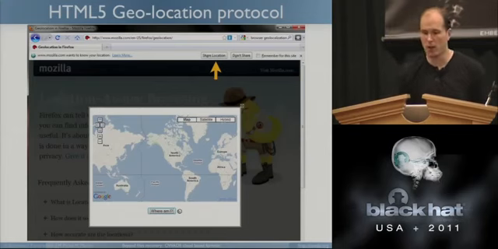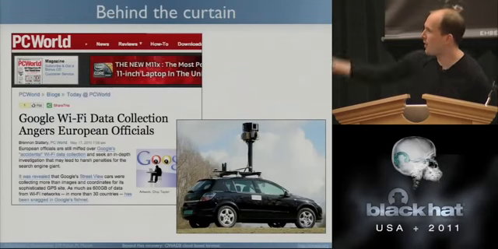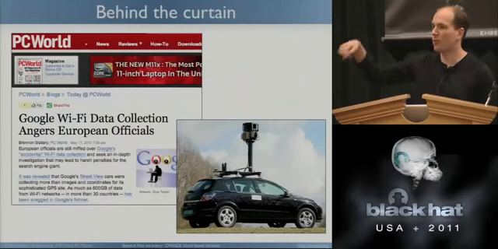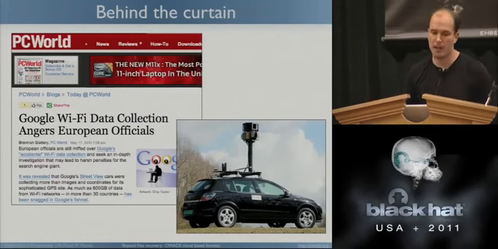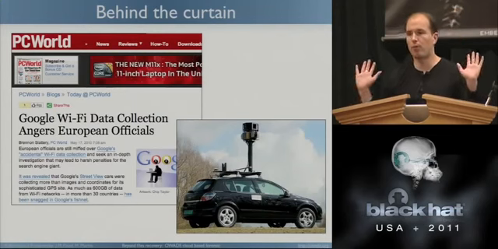Well, behind the curtain, you have this nice little car, you know, the Google, Microsoft car, which does wild driving all across the country and all over the world. They record MAC addresses and cell tower positions, and they map them with GPS coordinates. And last year, it worked perfectly well.